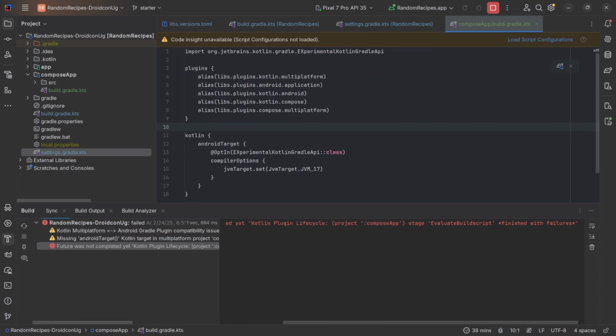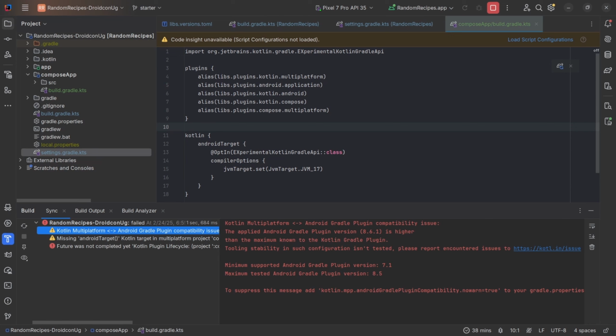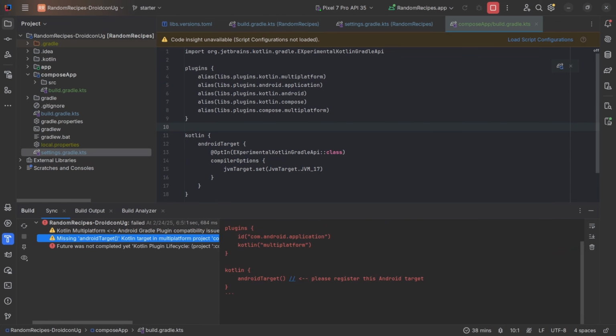Finished with some failures. So we are being told that there's a missing Android Kotlin target in multiplatform project compose app. So registering the Android target, which we have done,